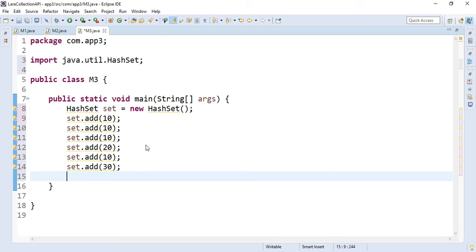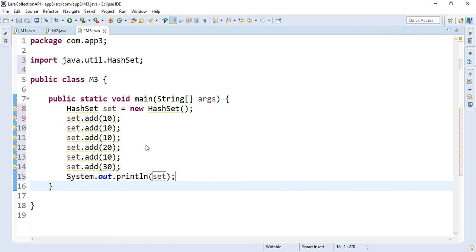To print the set we'll be using system.out.println statement. How we can get the system.out.println? In short it is SOP in the Eclipse. It is just by typing SYSO and pressing control space, we'll be getting the statement system.out.println. Just supply set, save this,